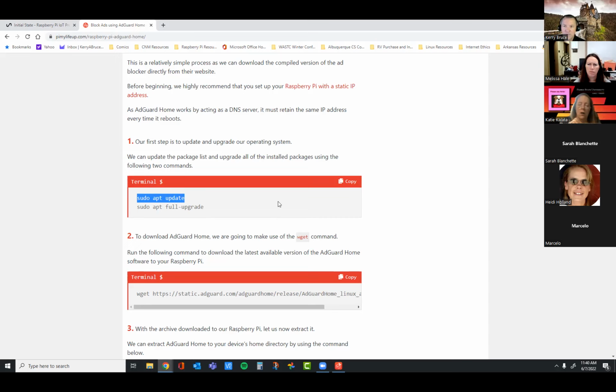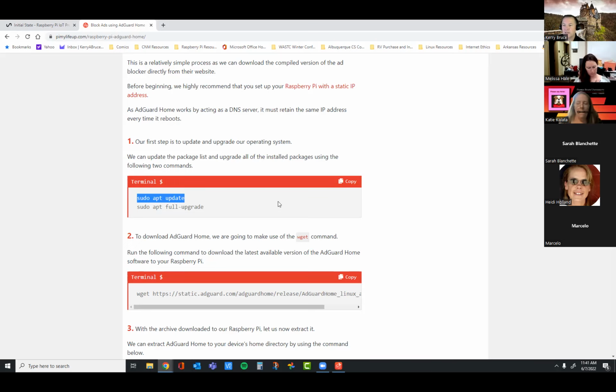Does that make sense? If you have a Windows machine and you go to updates and click on look for updates, the Windows machine is going to check a repository of all of the current files, and it will tell you, hey, you're missing these updates. Linux does the same thing. The apt update is going to go to the repository of all of the operating system files and compare your file to the current file.